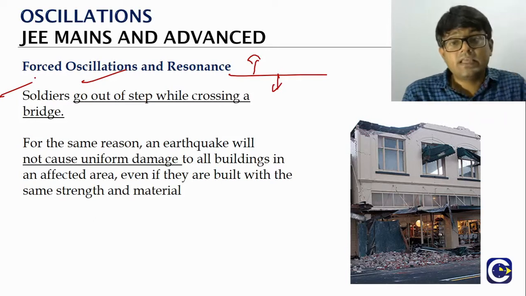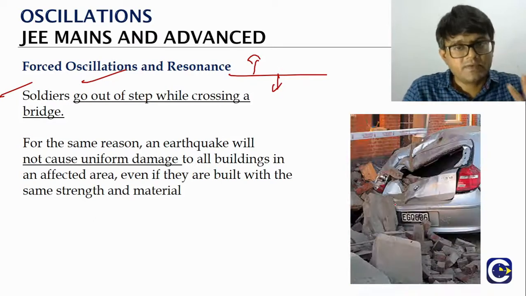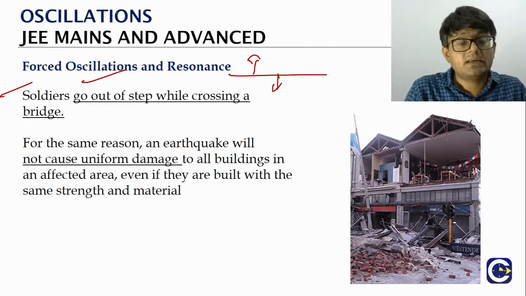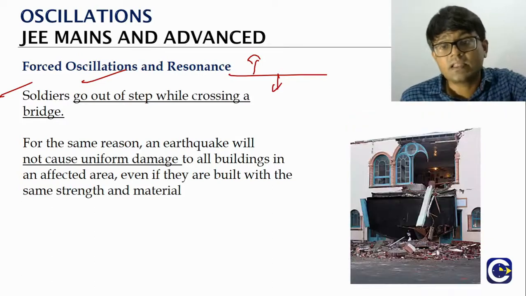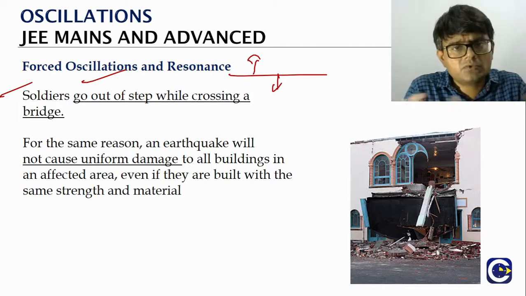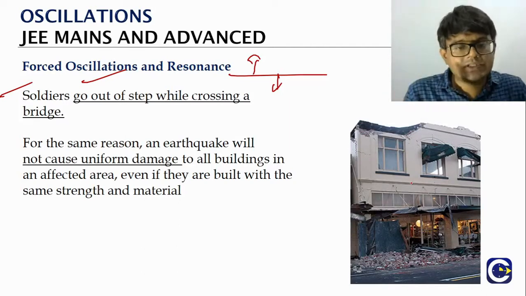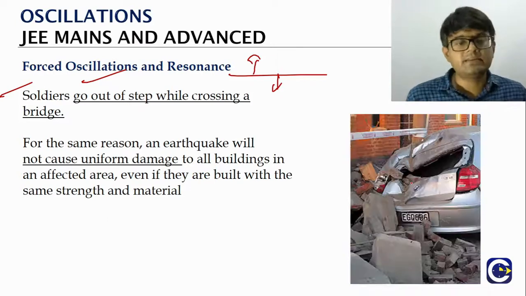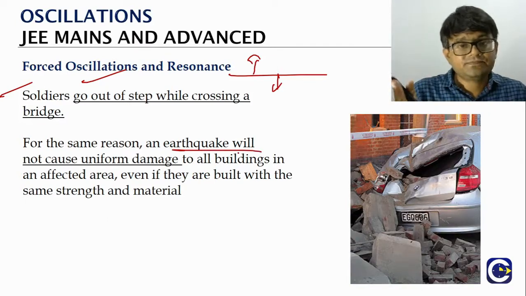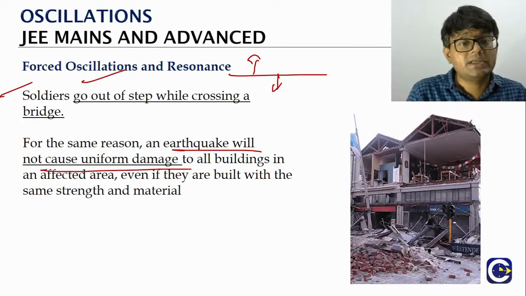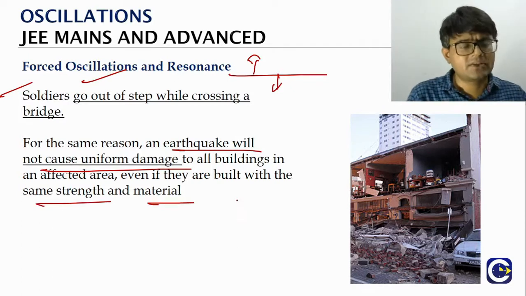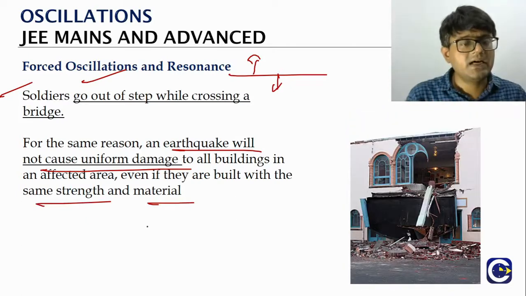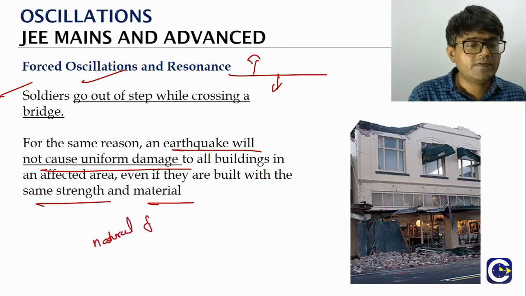And one of the things, when earthquakes are happening, it is because of the seismic waves. When the damage of the earthquake is observed, you will see that some of the buildings will be totally gone, totally damaged, while other buildings stay to a good extent intact. The obvious question is why the damage is not happening uniformly. Again, the same reason. The earthquake will not create uniform damage to all the buildings. Why? Because even though the buildings might be made of the same material and same strength, every building will have its natural frequency.